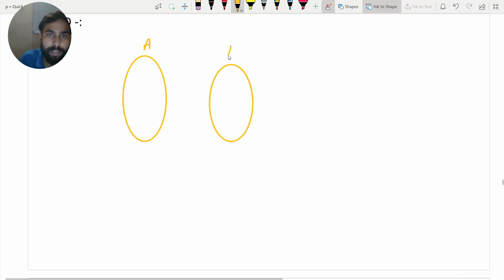This is set A, this is set B. 1, 2, 3, 4 in set A, these are the elements, and in set B. Now into function says at least one element should be left, to satisfy the condition of into.